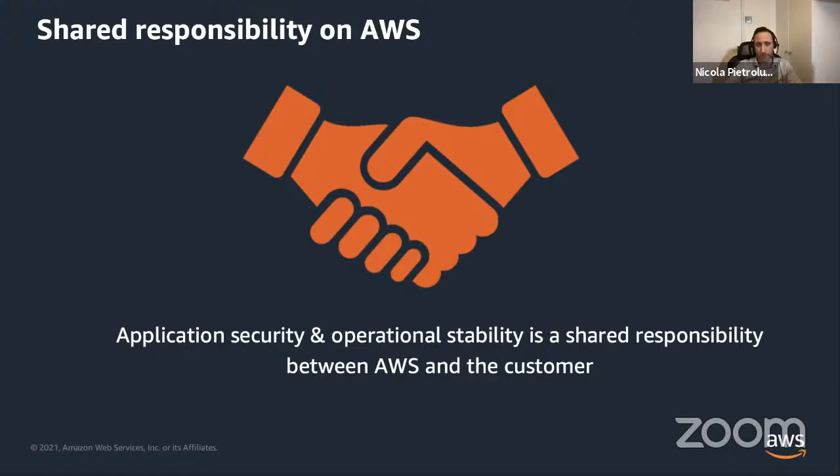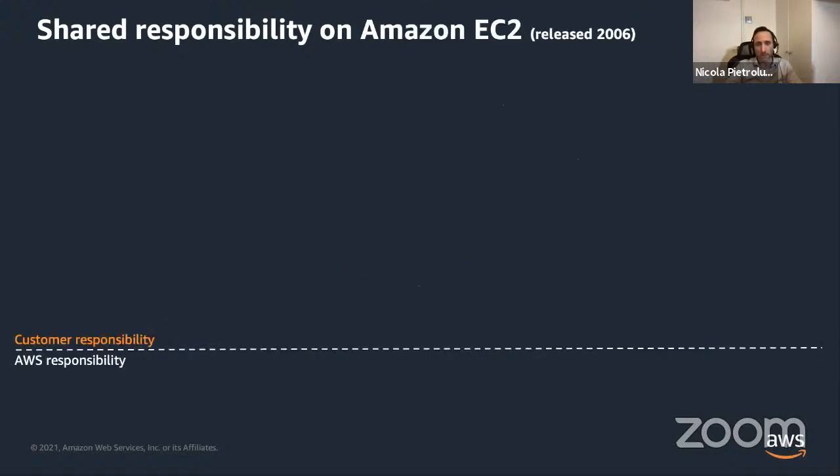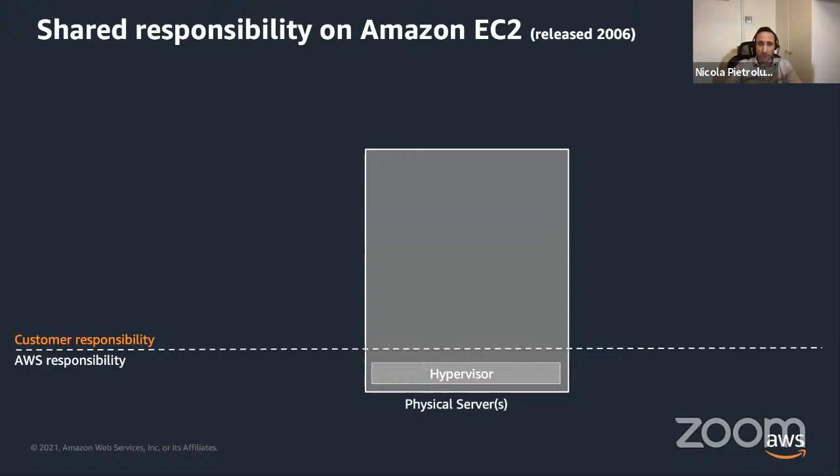Let's see some examples. AWS released in 2006 Amazon Elastic Compute Cloud, or EC2, the original compute service that provides compute capacity in the cloud. With EC2, AWS takes responsibility for the physical servers running in data centers and also the virtualization technology that runs on them. You, the customer, can simply make an API call and spin up a virtual machine in the cloud,